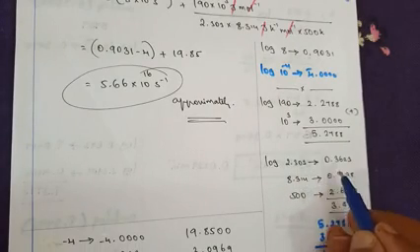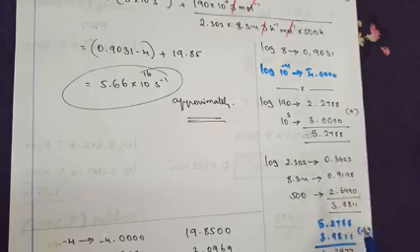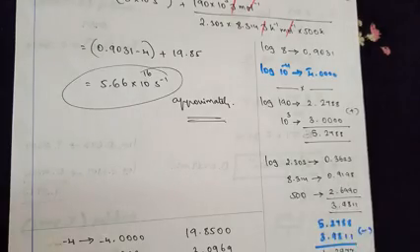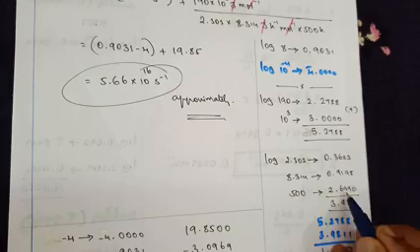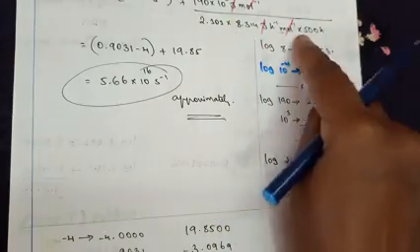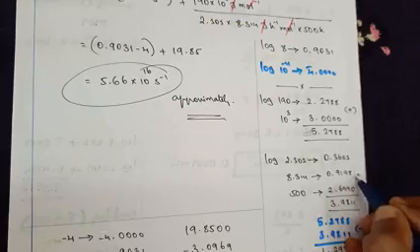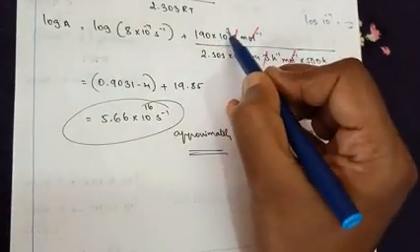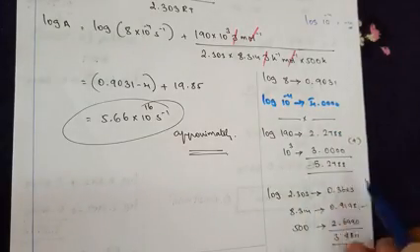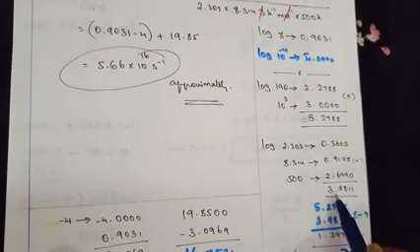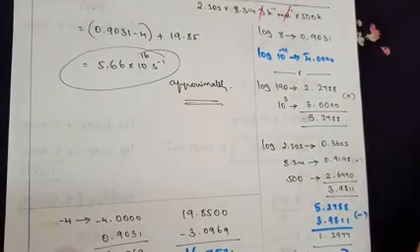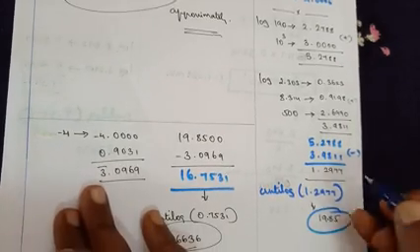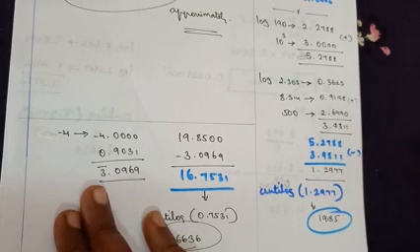Now come down to the denominator. Log of 2.303 gives you 0.3623. Log of 8.314 gives you 0.9198. Log of 500 gives you 2.6990. Here again multiplication is involved. Add all the terms, so you get 3.9811. So 190 into 10 to the power 3 gives you 5.2788, and the lower term gives you 3.9811. Making use of the log, we subtract, we get 1.2977.